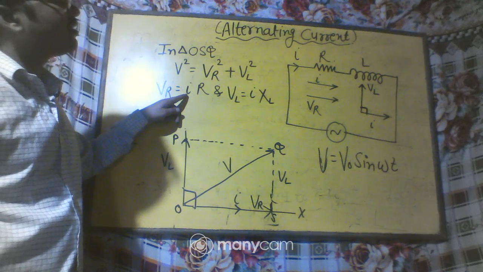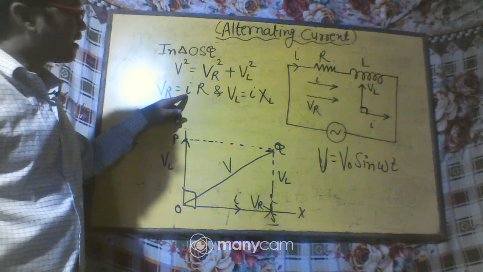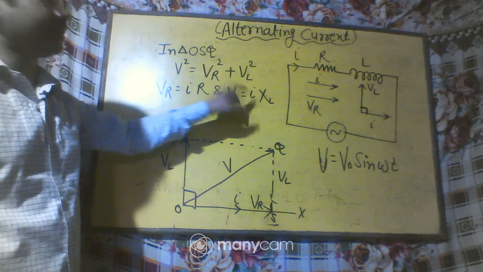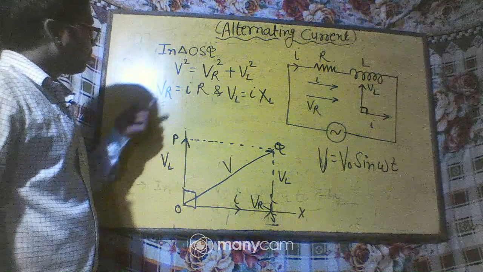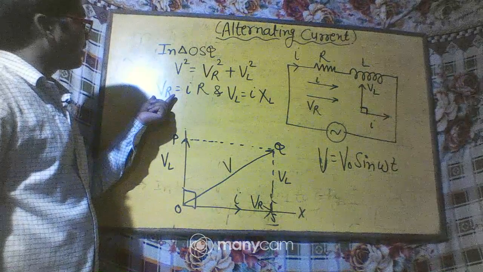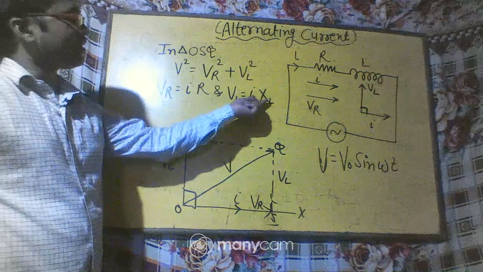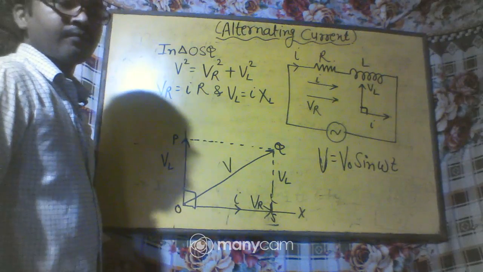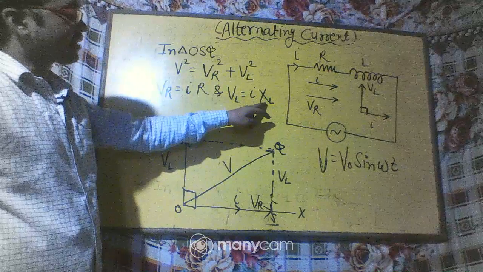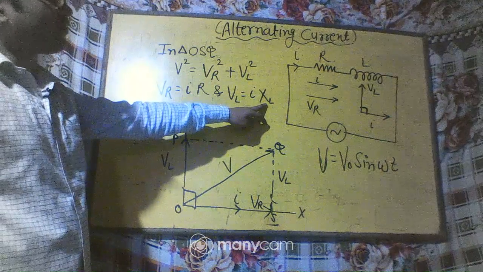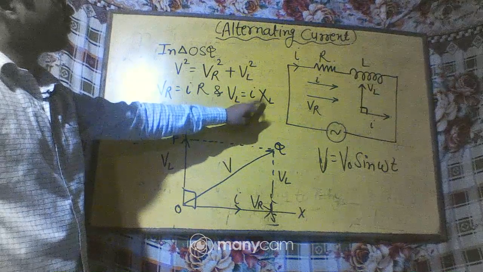Why is it given here? Because you know that since this resistor and this inductor are connected in series, the current in both the elements will be the same, that will be I. We are taking this current as I. Now the voltage drop across R will be VR is equal to I into R, where R is the resistance, and VL is equal to I into XL, where I is the current flowing through the inductor and XL is the resistance offered by the inductor in the path of AC, or you can say alternating current.